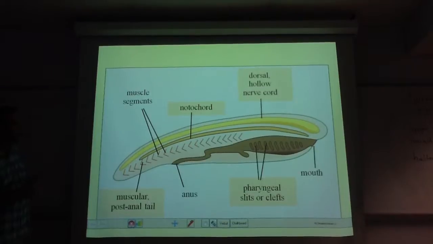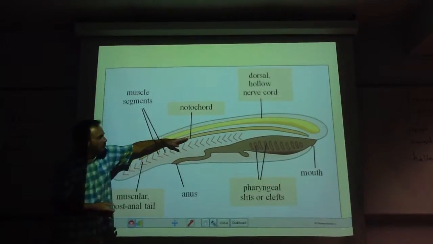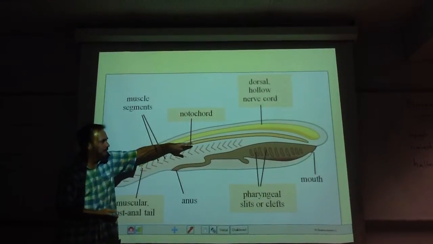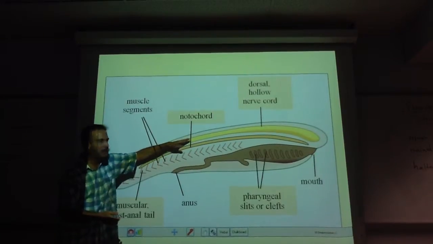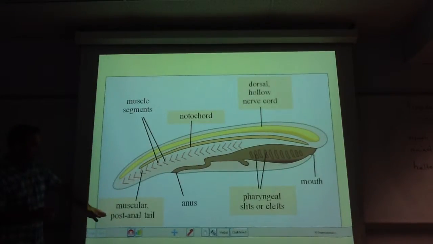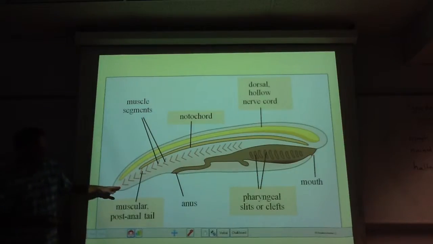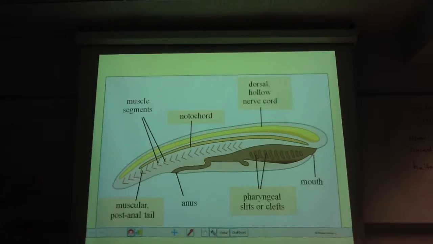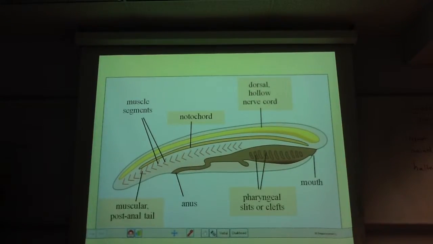The mouth developed secondarily as these little segmented muscles here. But it has this notochord, this nerve cord, that would become, in a vertebrate chordate, the vertebral column, the spinal cord, right? It has a muscular post-anal tail, and it has gill slits in its pharynx. It has the four basic characters that a chordate would have. Nothing that I've shown you up till now, no other animal group has this, right? No other animal group. In fact, most animal groups that I showed you so far, if they had nerve cords, they were where?